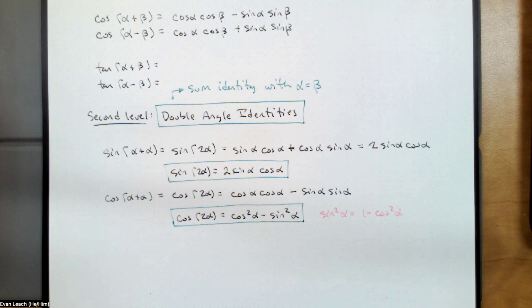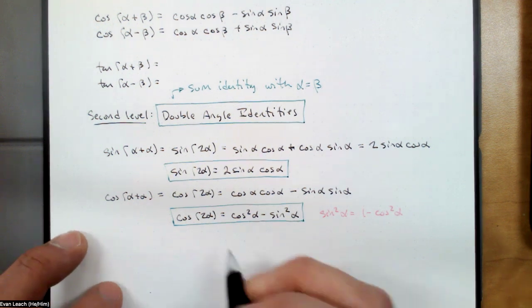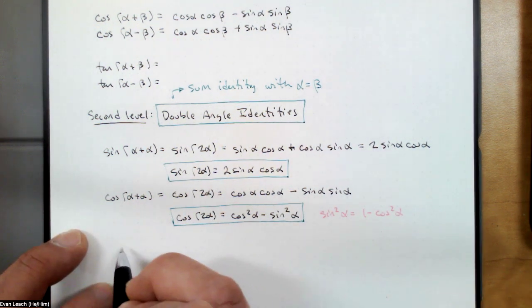And we know that sine squared plus cosine squared is equal to 1 from our Pythagorean identity. So if I replace the sine squared with 1 minus cosine squared, I can say cosine of 2 alpha